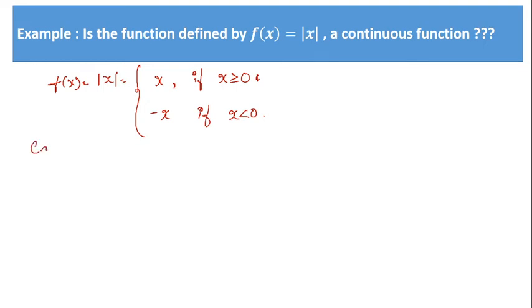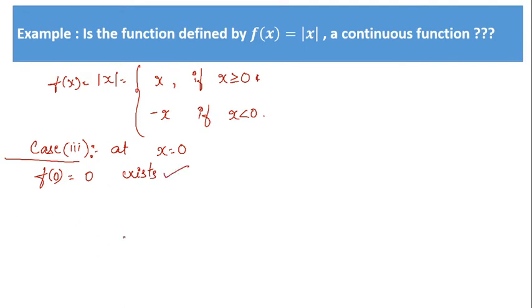So our case 3 is nothing but at x is equal to 0. So at x is equal to 0, you have to check. Obviously, what is f of 0 then? f of 0 is 0, because if x is greater than or equal to 0, f of x is x itself. So here we have 0. 0 is a definite value. So the first condition is done. Now go for the second condition.